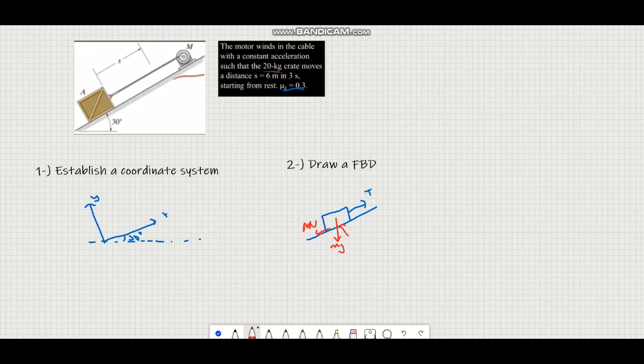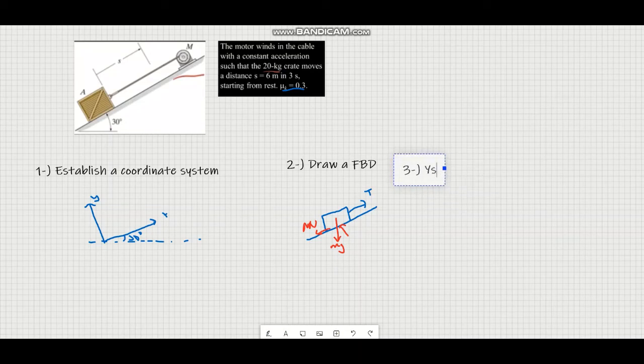So there is an angle difference. I need to find the normal force acting on this surface with something like mg, right? And I need to calculate the friction force acting on this body. All right, after we draw the free body diagram, we need to go to the third